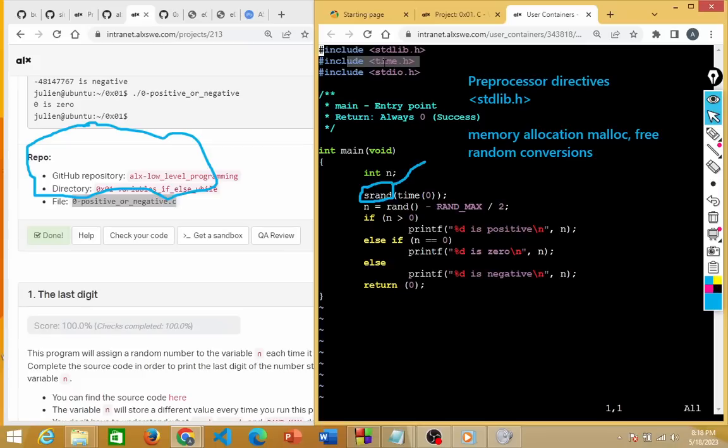This time function returns the current time in seconds